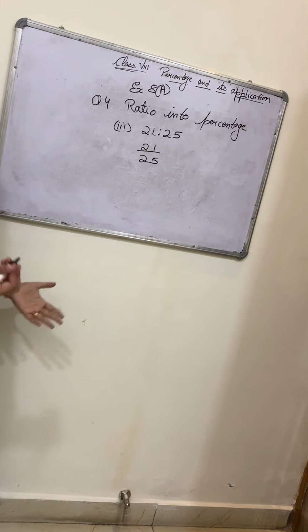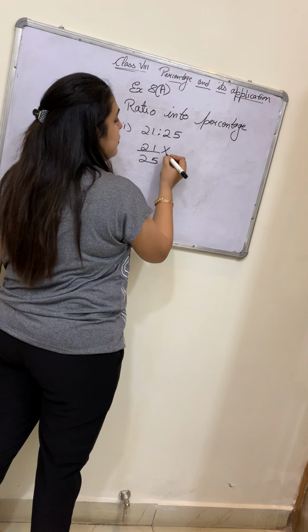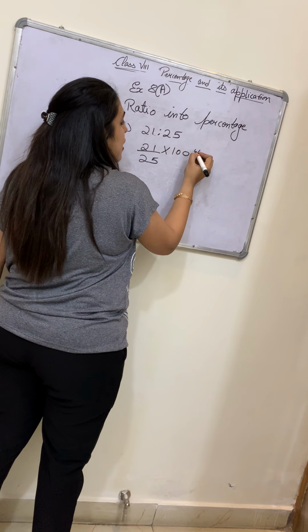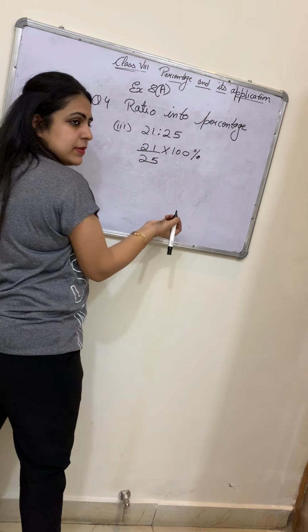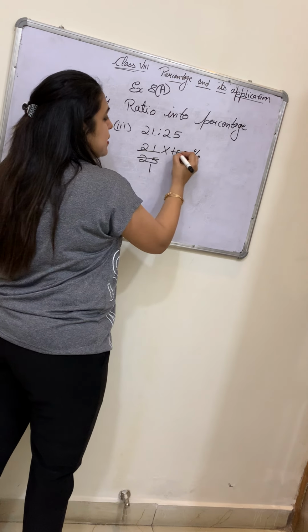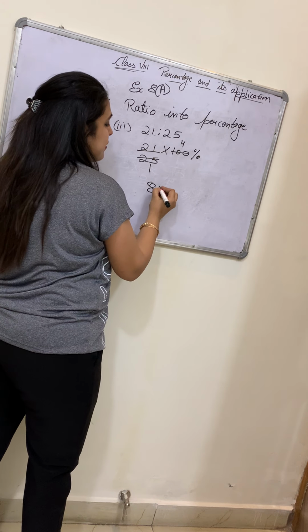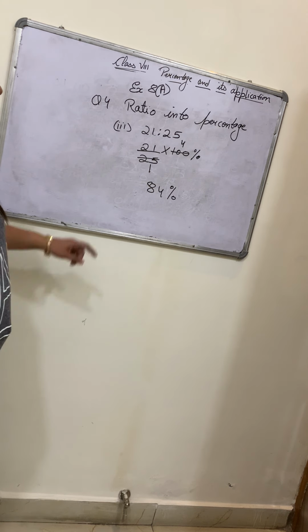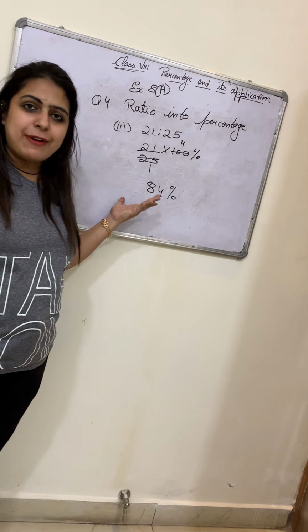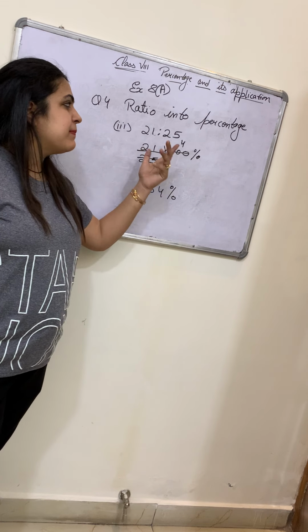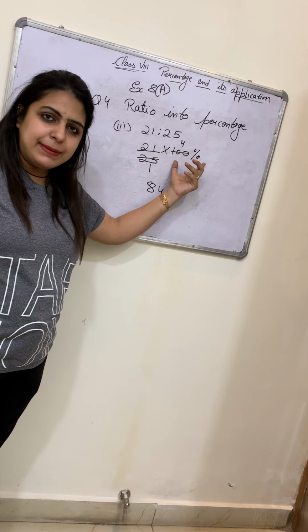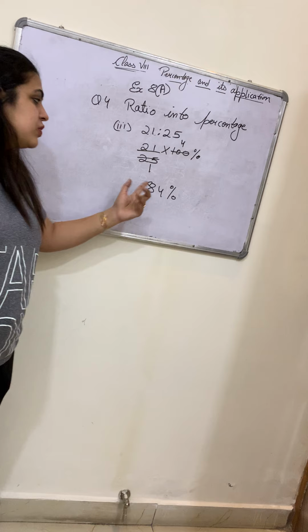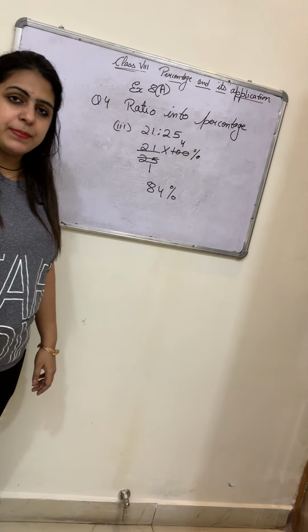और जब हम fraction को percentage में change करते हैं, what do we do? Multiply it by 100%. Simple. 25 ones are 25, 4 ones are 4. Answer is 84%. राइट, 21/25 क्या बन गया, एक फ्रैक्शन ही बन गया. फ्रैक्शन को जब हम परसेंटेज में चेंज करते हैं, व्हाट डू वी डू, वी मल्टीप्लाई इट बाय 100%. सो दिस वी गॉट द आंसर 84%.